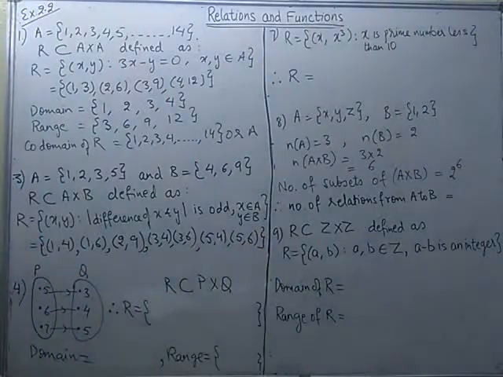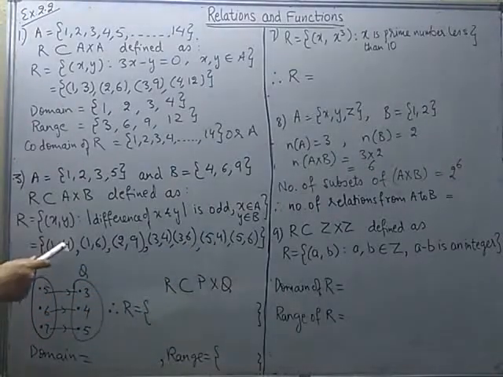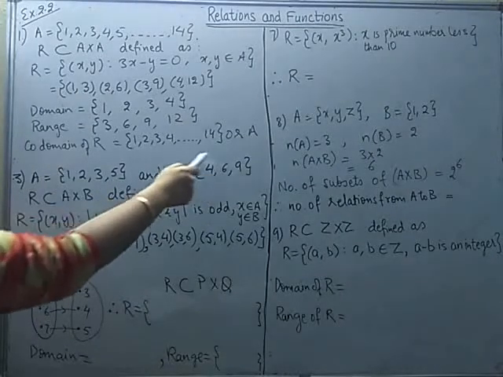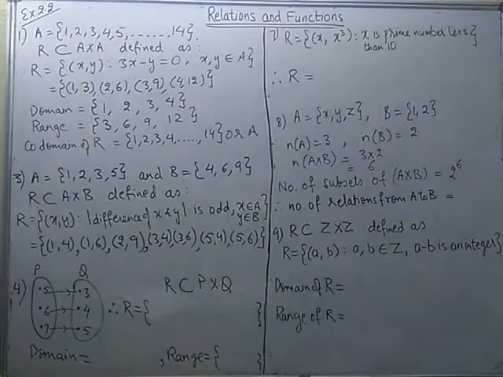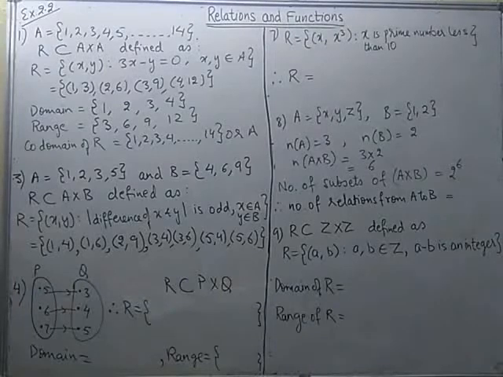So these are the pairs which we will get in the set R, so that modulus of difference of x and y is odd. Now even in this question, if we have to tell what is the domain, then the domain will contain numbers 1, 2, 3 and 5. And the range will contain the numbers 4, 6 and 9. If you see, in range I am getting the entire set B, which is also the codomain. So this is an example where range and codomain are equal. See the previous one. In the previous one, range and codomain were not equal.